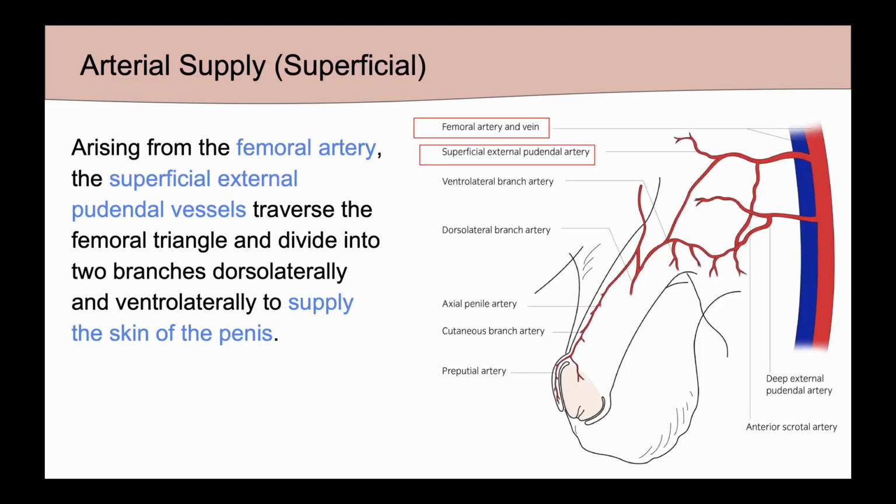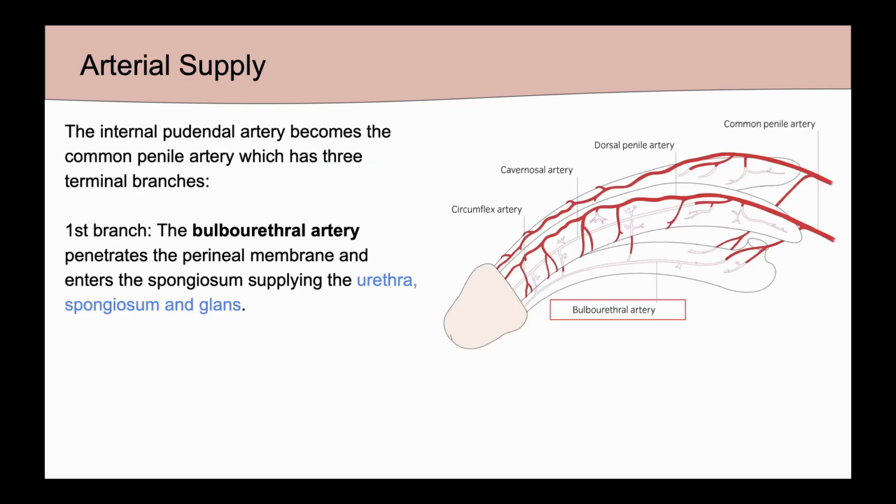The arterial supply for the superficial aspects of the penis arises from the femoral artery and then branches to become the superficial external pudendal vessels. These vessels traverse the femoral triangle and ultimately supply the skin of the penis. The internal pudendal artery becomes the common penile artery and has three terminal branches. The first branch is the bulbourethral artery, which penetrates the perineal membrane, enters the spongiosum, and supplies blood for the